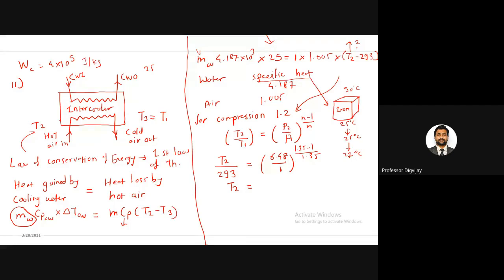Then the amount of heat required to raise the temperature of 1 kg, so its mass should be 1 kg of substance, by 1 degree Celsius, that heat we are referring to as the specific heat. So for 1 kg mass of that substance, if you want to increase the temperature by 1 degree Celsius, the amount of heat required will be its specific heat. For water, that value is 4.187 kilojoule, and for air, that value is 1.005 kilojoule.